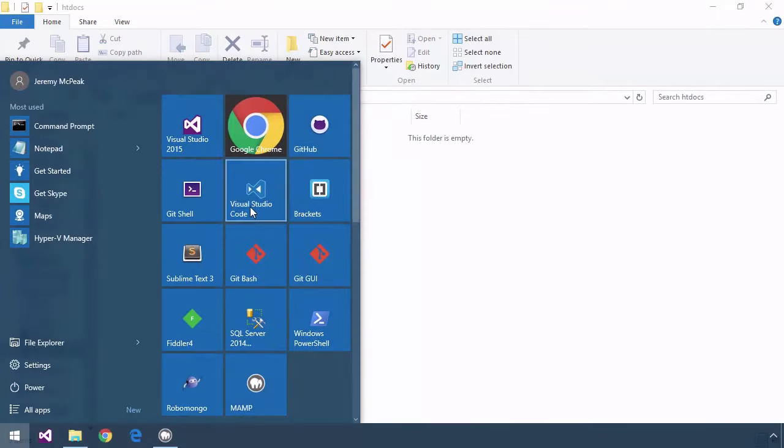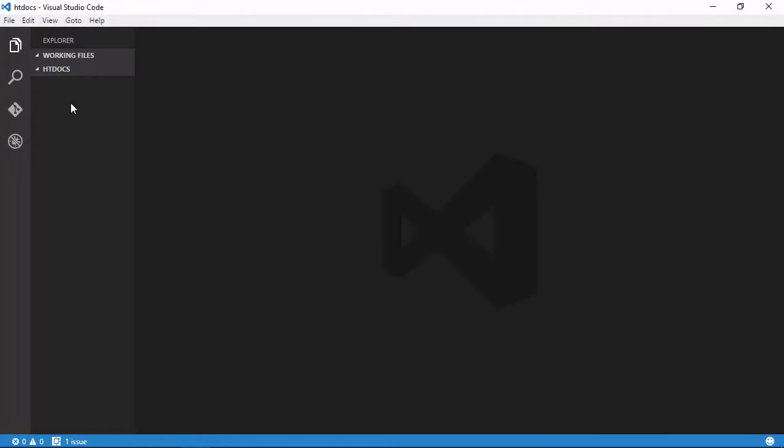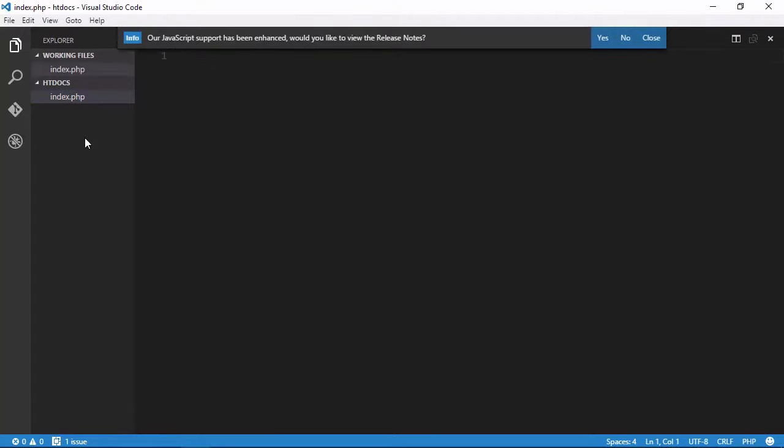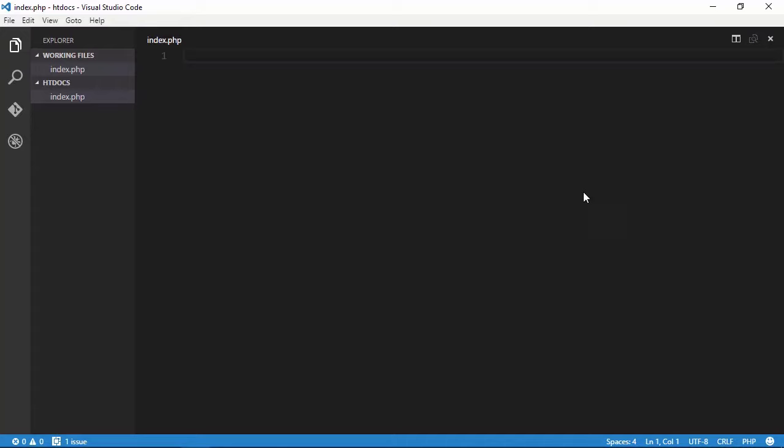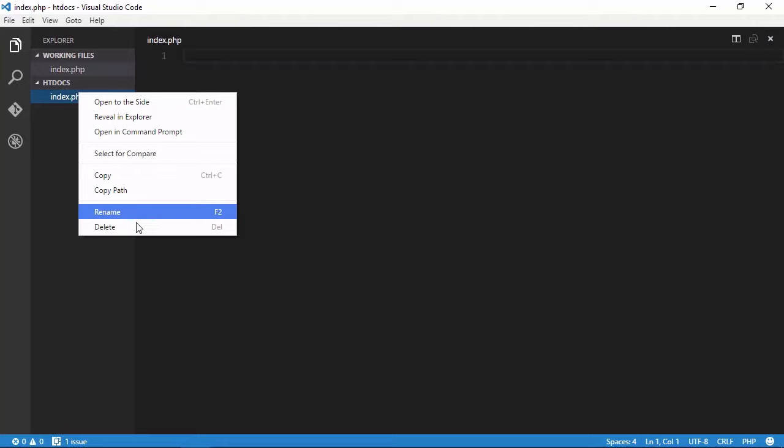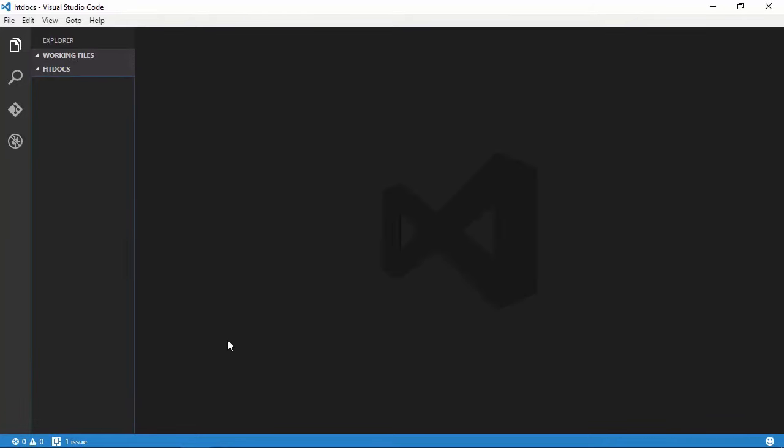So you want to fire up your code editor. I'm going to use Visual Studio Code, and I've already pointed it to that folder. So I'm going to add a new file, and I'm going to call it index.php. Now, there is something called a default document. Every web server has it, and that's basically the document that it is going to serve if you don't specify a document. Like, for example, let me go ahead and delete this file, and let's open up the browser,